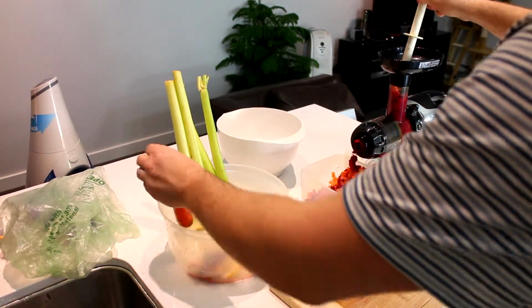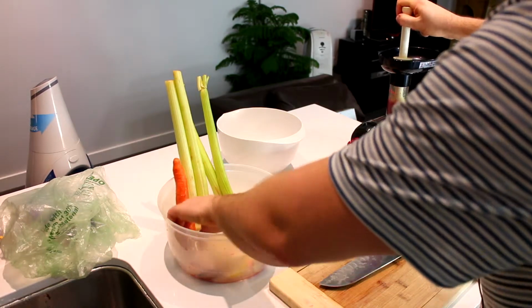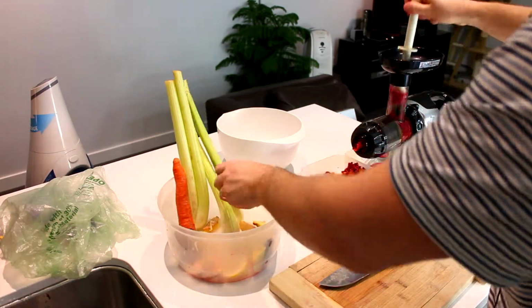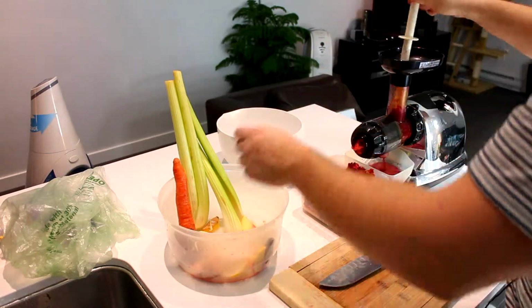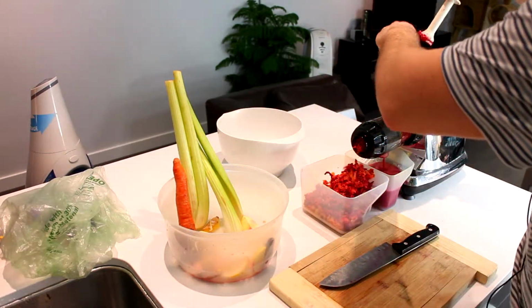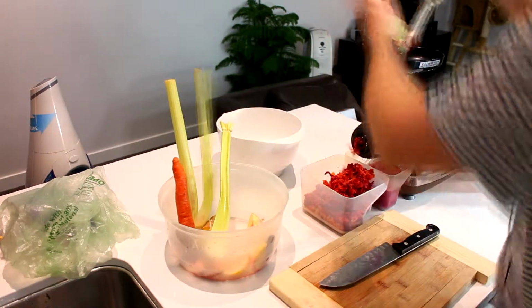So I'll be saving this carrot for the end, and I also have a couple pieces of beets here, so I'll save those for the end too, and then I'll just start putting through the softer stuff. And I'll mix it in a bit with this ginger because this is nice and hard. And then